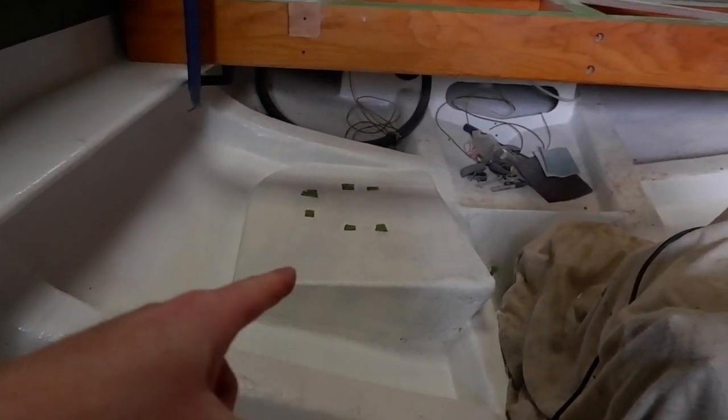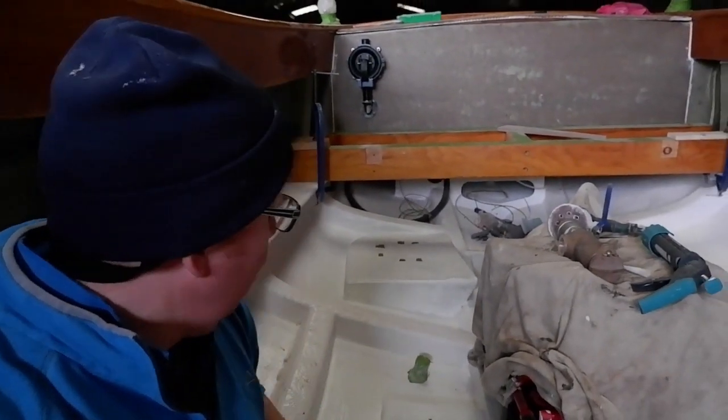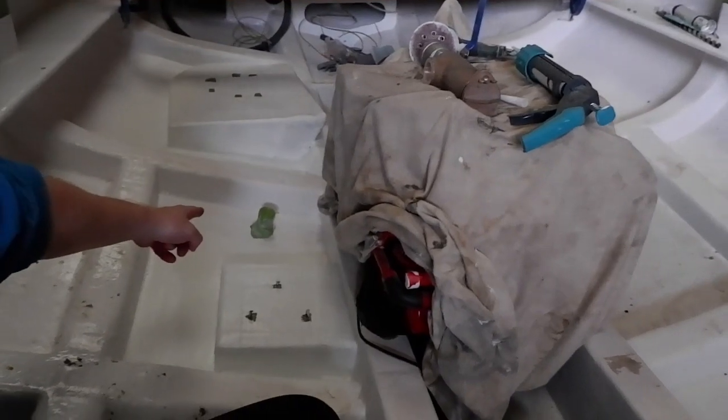This piece here was for the hydraulic tank going on. We managed to get our seacock fitting